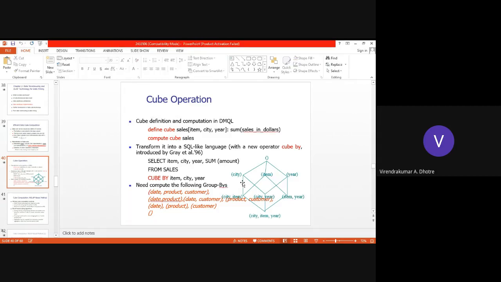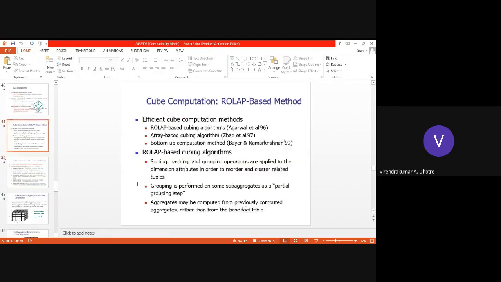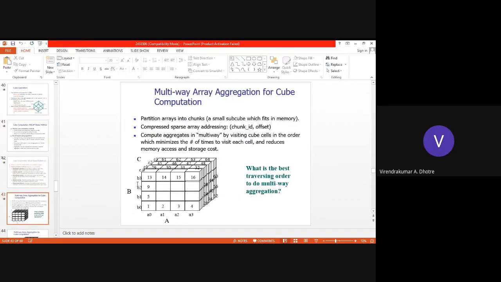There is multi-dimensional data: city, item, year, item year, city year, like this, all regarding any specific product.